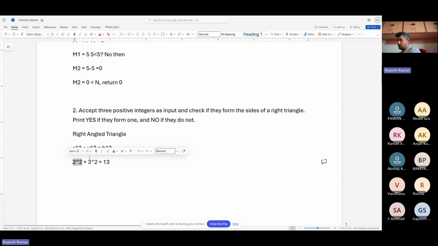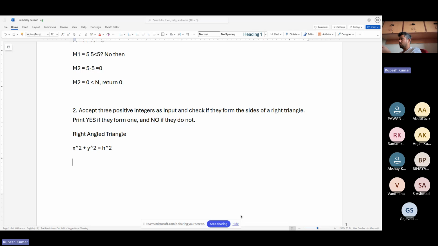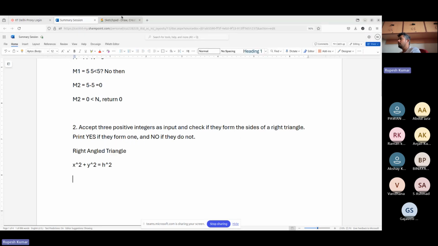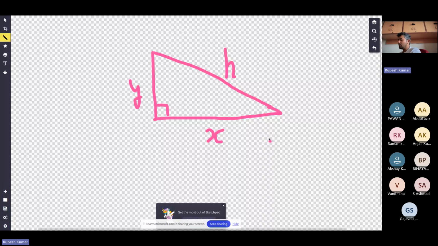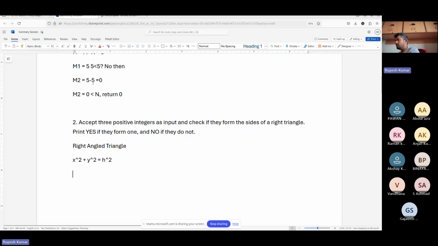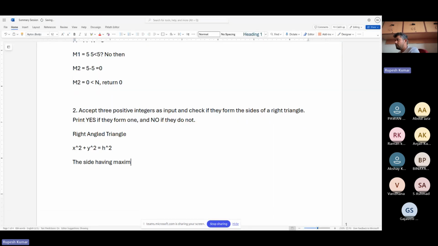So 2 squared cannot be greater than 13 and 3 squared also cannot be greater than 13, because squaring a number always results in a positive value unless we are dealing with imaginary numbers, and for us right now it's a triangle and a triangle has non-imaginary edge lengths. Fine. So we all know that the hypotenuse length is maximum. So for any set of three numbers, the side having maximum length is the hypotenuse, and we can use